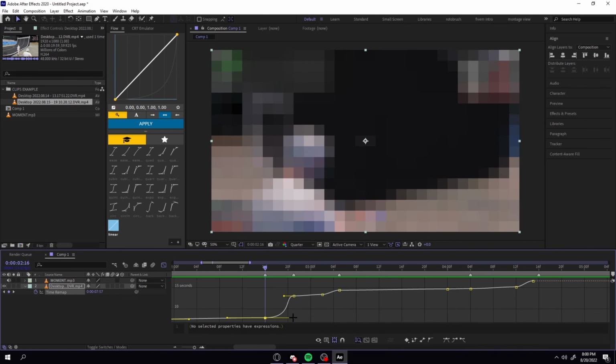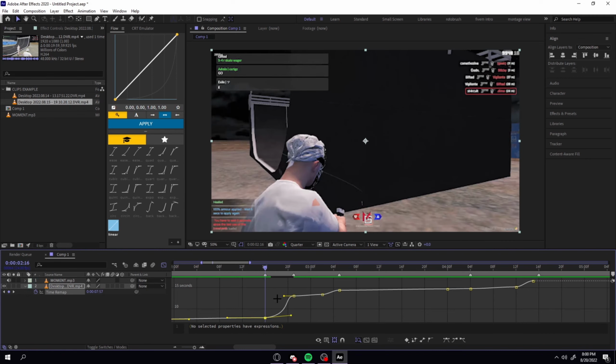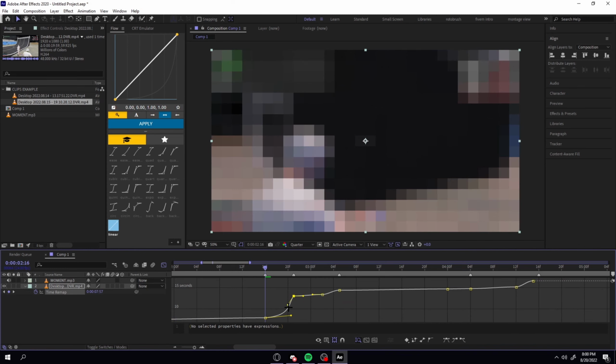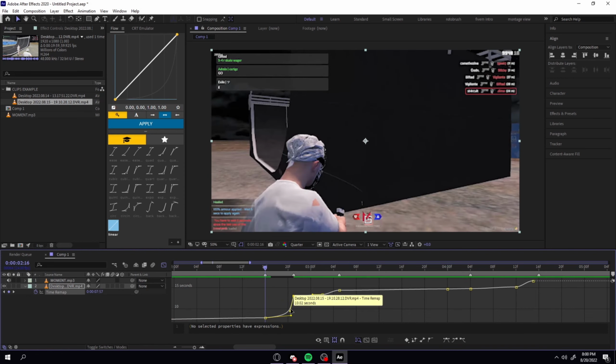Hold down shift. You can let go of it and then drag it up just a little bit so it has a little bit of movement right here. And then this top one right here, hold down on it and just drag it down and kind of make it in line with the white line, kind of like that. So now when I play it back,